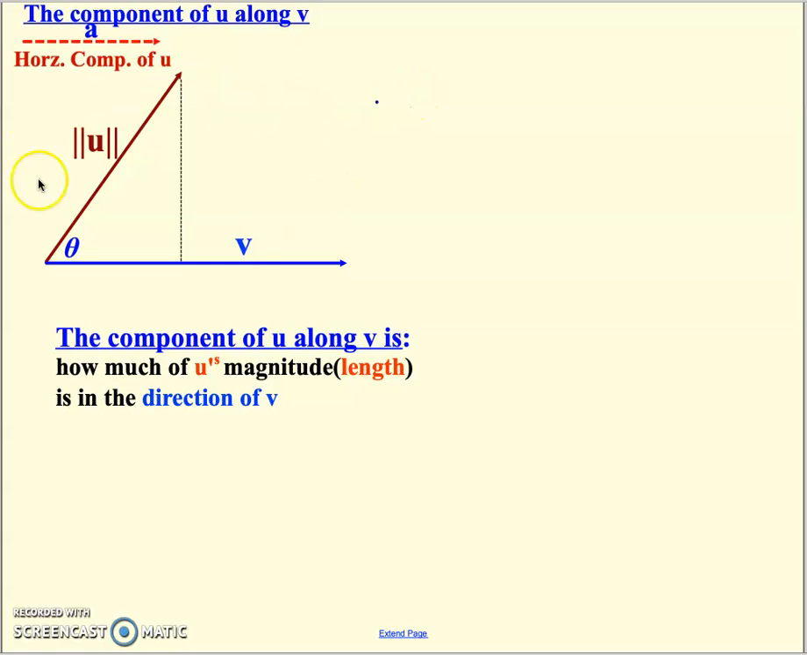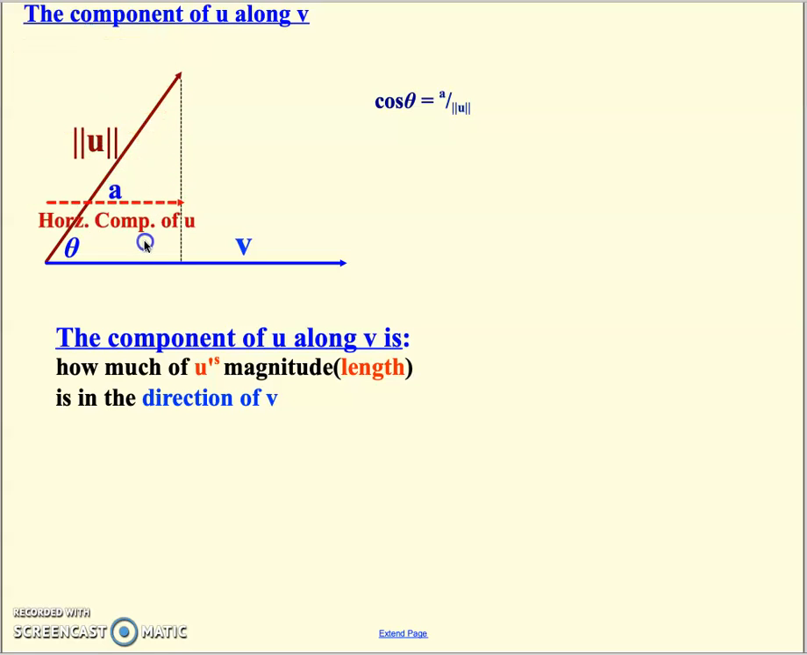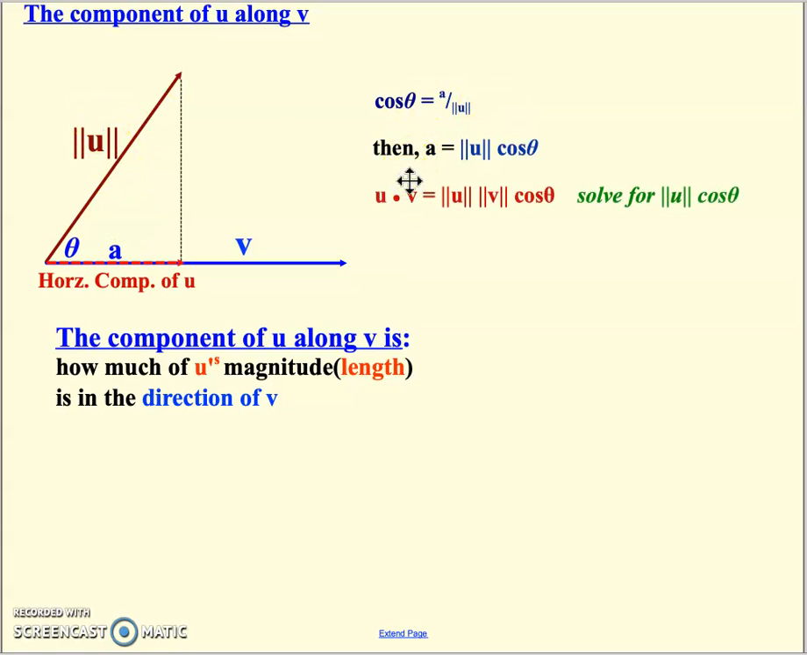So let's go through a quick series of substitutions to show you how the formula comes about. If we use the cosine of, now, what I'm calling a, by the way, is this right here, that little bit of it. We're going to call that a, which is the horizontal component of the u vector. So cosine is a over magnitude. Then we solve for a, and we go back to our alternative formula for finding dot product, and then we solve